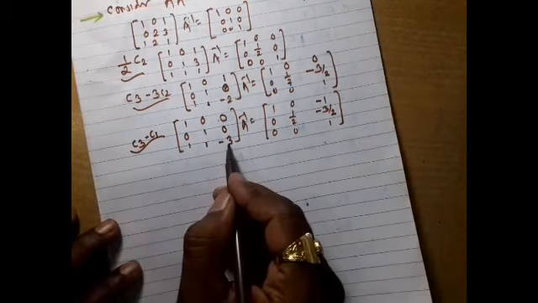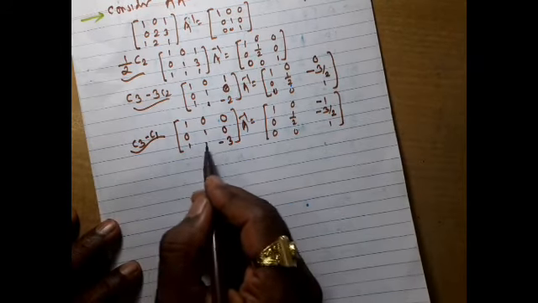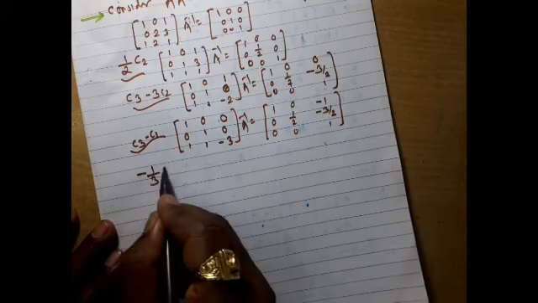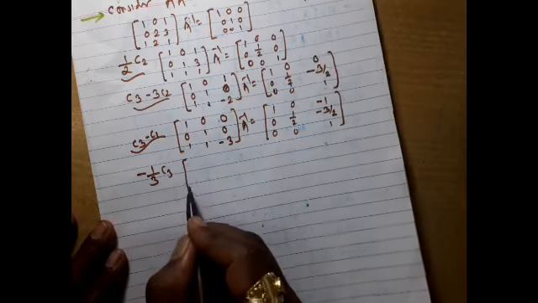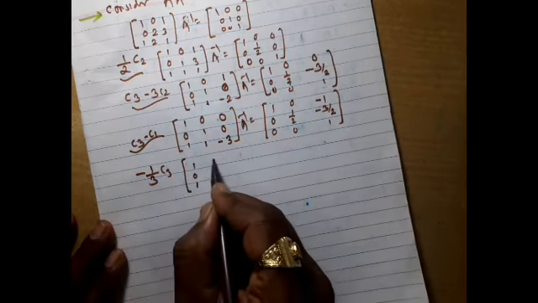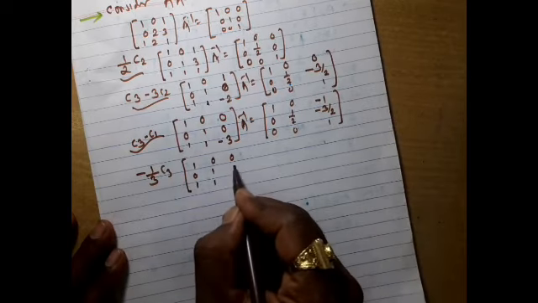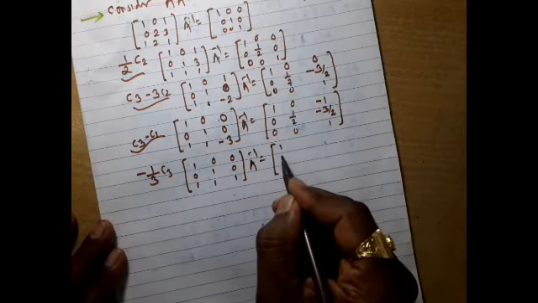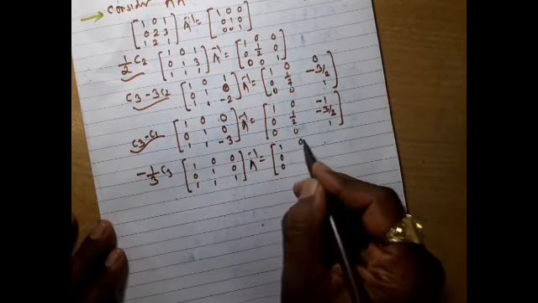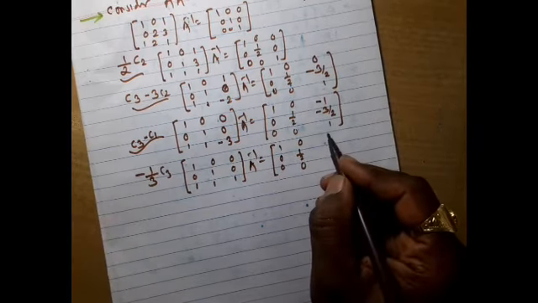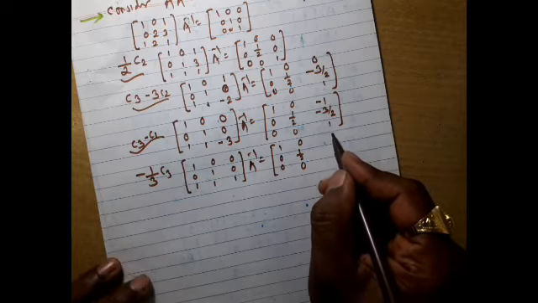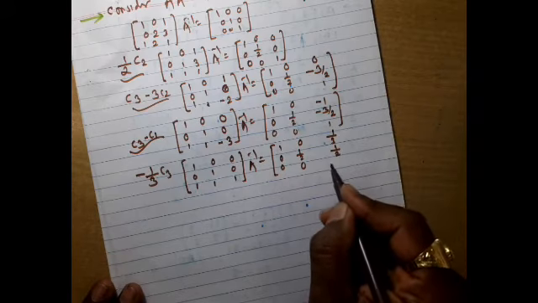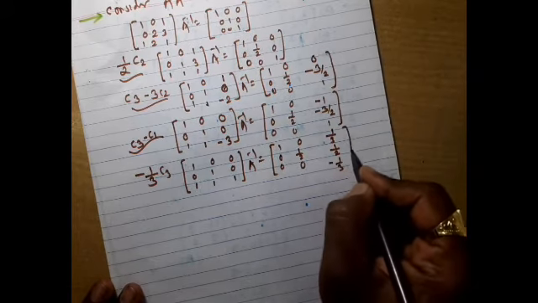Now next, I am going to form this 1 so that making these two 0 will be possible. So that's why I am going to do 1 upon 3 C3. So first column as it is, second column as it is, this will be 0, 0, 1. Now here first column as it is, second column as it is. Now divide by minus 3, it will become 1 upon 3. This is 1 upon 2 and this is minus 1 upon 3.